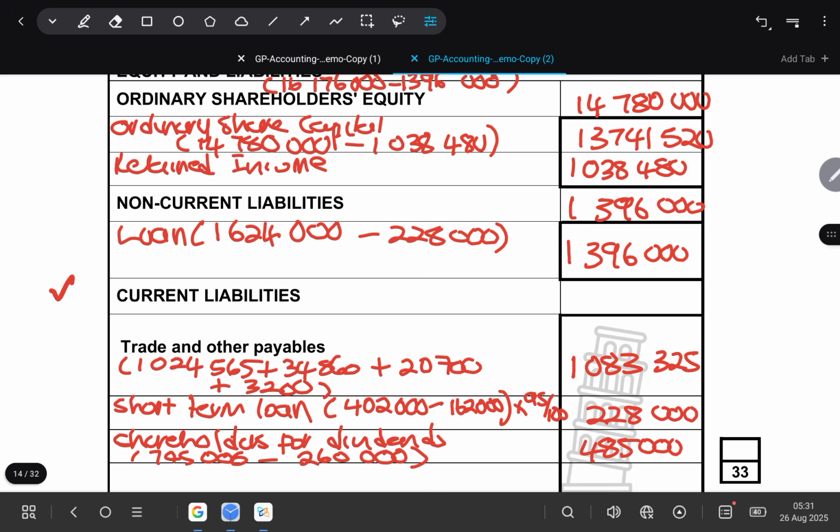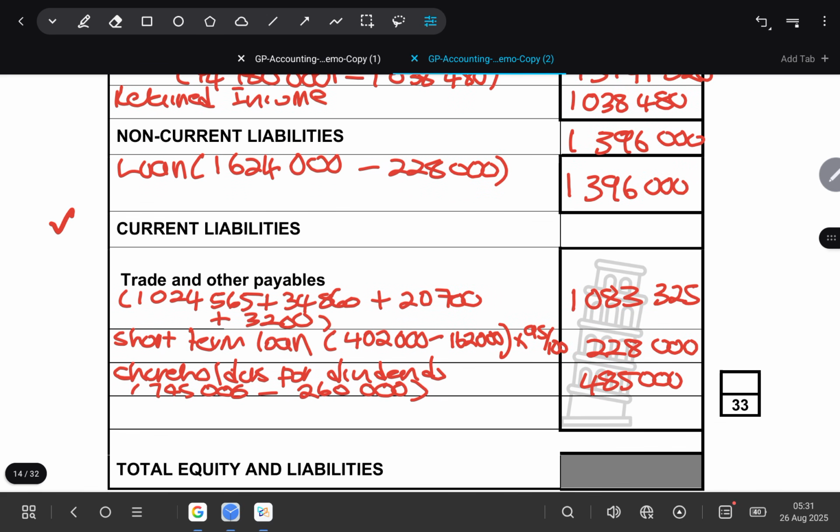We will add what we have. So I'm going to add 1,024,565 plus 34,860 plus 20,700, and then plus 3.2 gives us 1,083,325. So I'm going to add these three items so that we can get our total liability. So 1,083,325 plus 228,000, and then also plus 485,000. It gives us